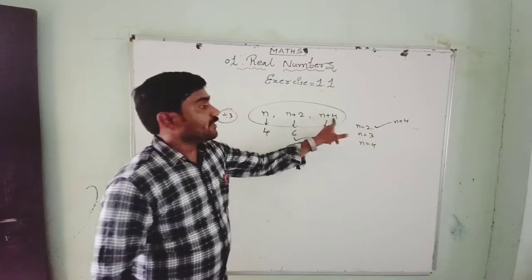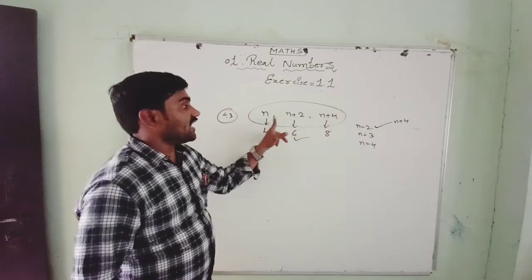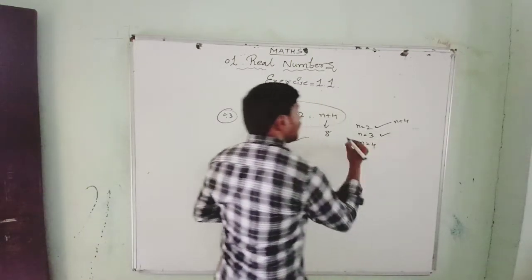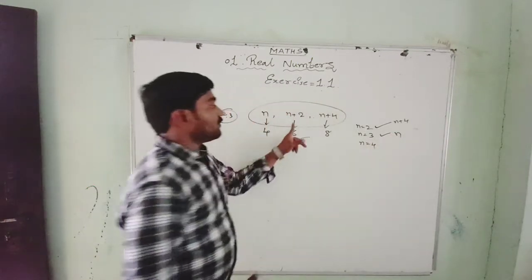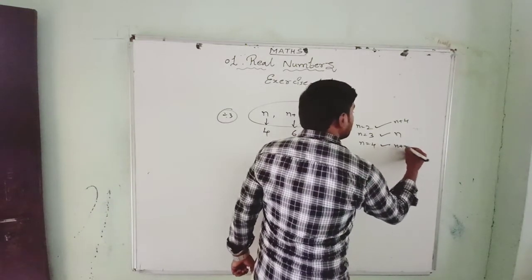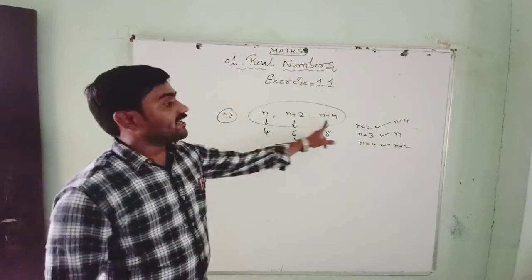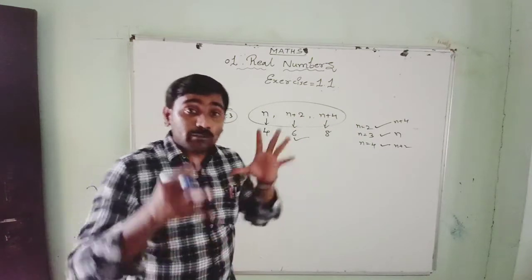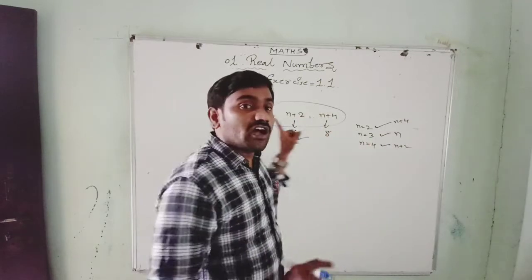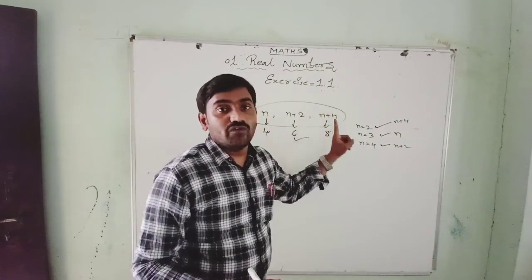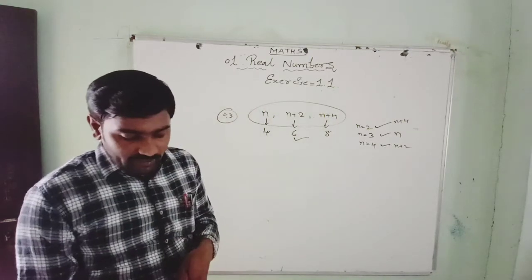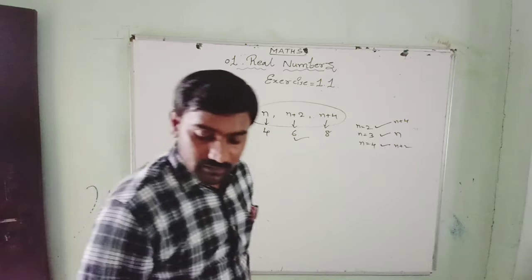When n equals 2, n plus 4 is divisible by 3, while n and n plus 2 are not divisible by 3. And when n equals 3, only n is divisible, and n plus 2 and n plus 4 are not divisible by 3. And when n equals 4, n plus 2 is divisible, and n and n plus 4 are not divisible by 3. That means we have understood that clearly. One and only one out of n, n plus 2, n plus 4 is divisible by 3 when we divide by 3. That is what we have to write in the two cases.